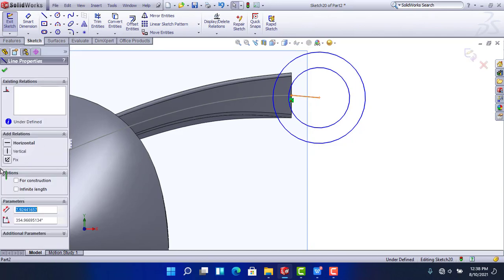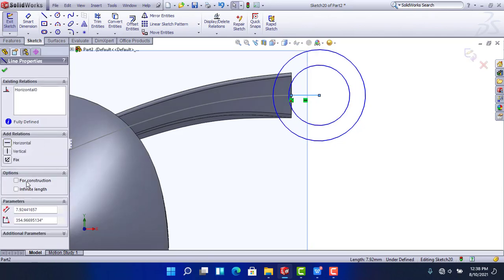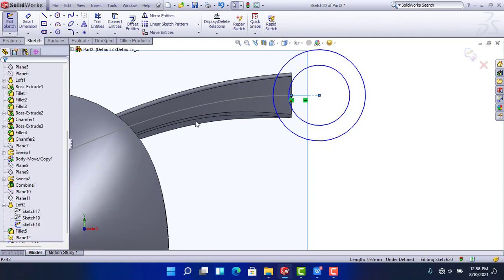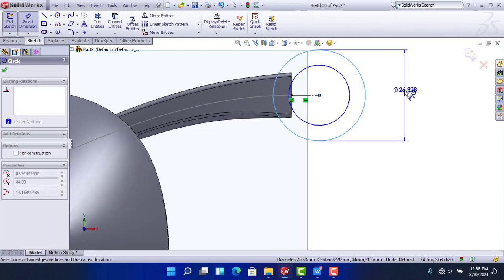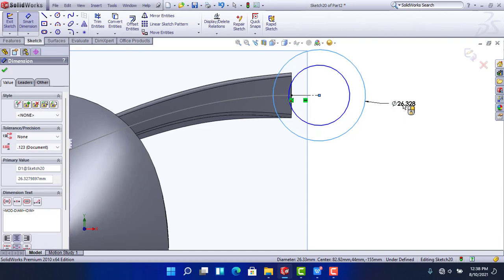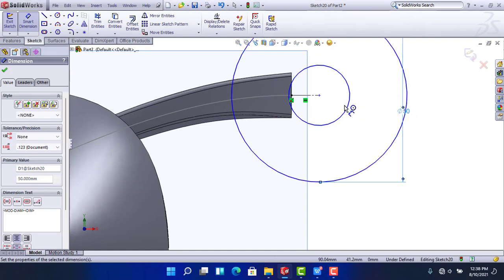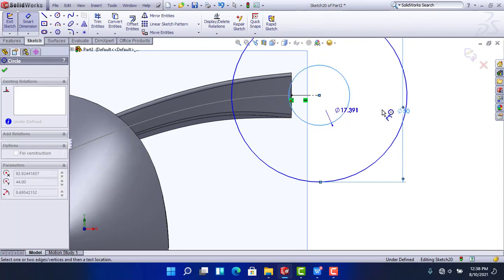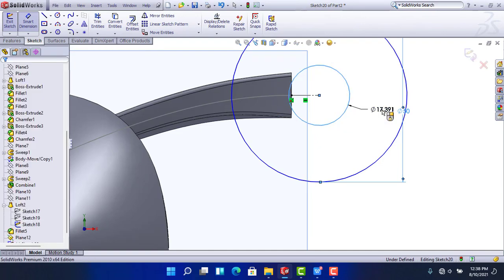Select the line, make it horizontal and make it for construction. Now choose smart dimension. In smart dimension, this one has this one 50, this one is 40,